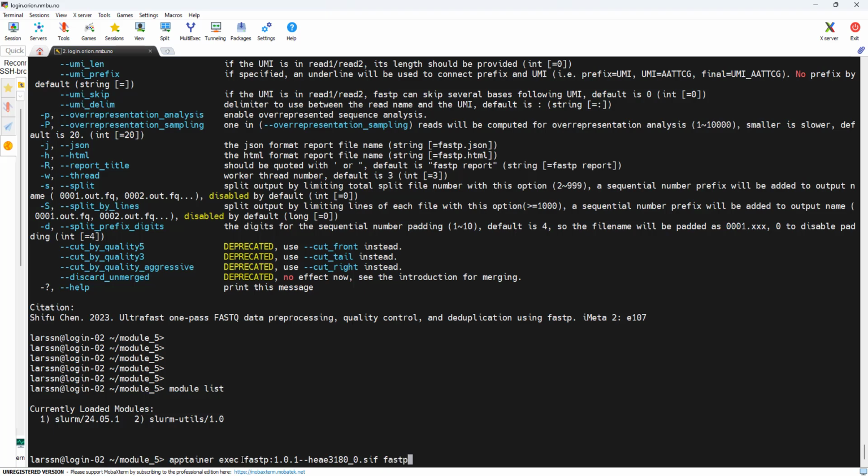And I can have multiple containers with different versions of this software lying here. They will not interfere with each other, because I open the container in the same line as I actually run the software. So now I have the 1.0.1 version, I can have the old 0.23 version, and I will just open that container and run fastp